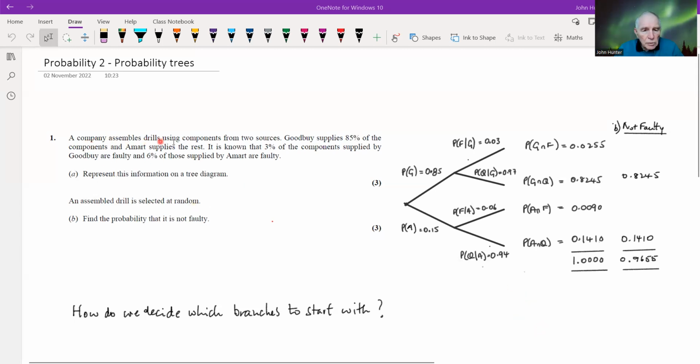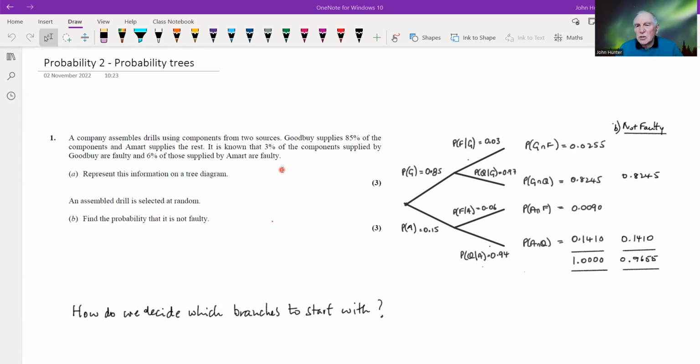A company assembles drills using components from two sources. Goodbye supplies 85% of the components and Amart supplies the rest. It is known that 3% of the components supplied by Goodbye are faulty and 6% of those supplied by Amart are faulty. It implies some kind of production process. I'm not sure, I think it might be drill bits supplied, the thing that goes into your drill,